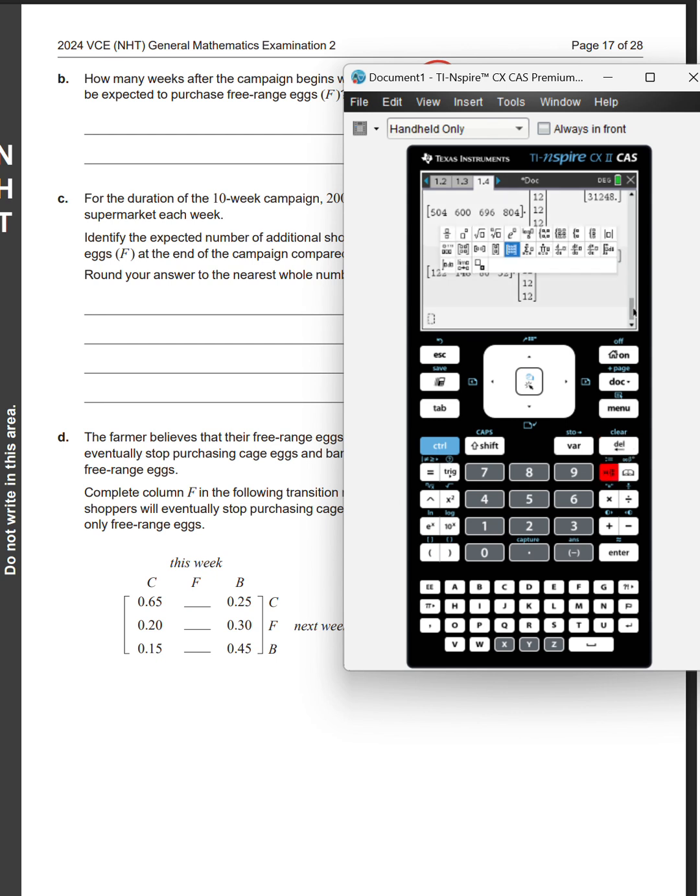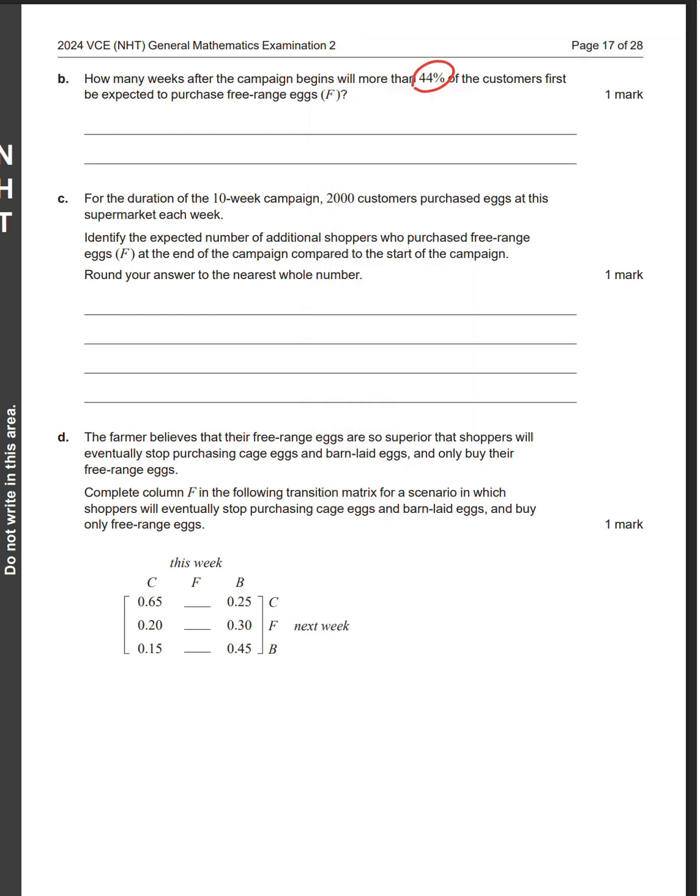Okay, so my transition matrix is going to be a 3 by 3. It's 0.65, 0.2, 0.15, 0.15, followed by 0.15, 0.7, and 0.15, and 0.25, 0.3, 0.45. Okay. Now, the question is saying how many weeks after the campaign begins will more than 44% of